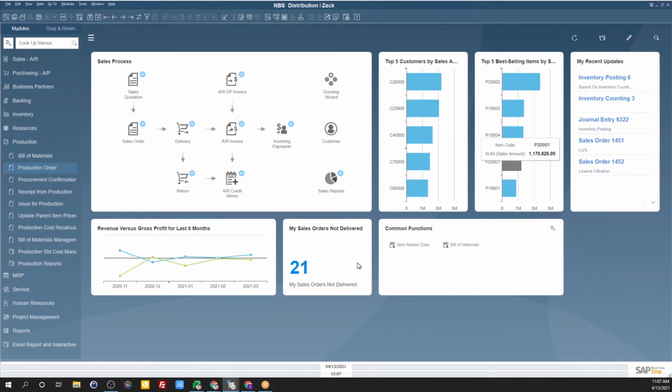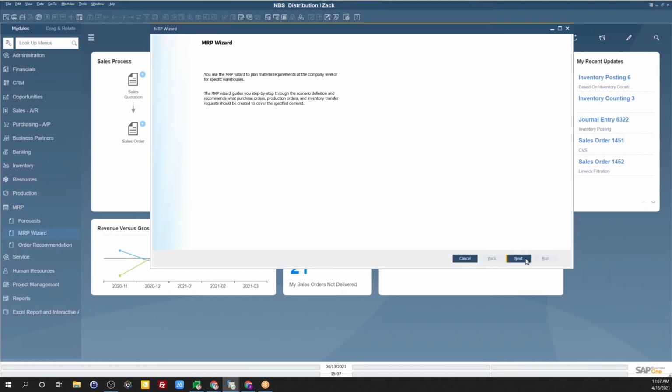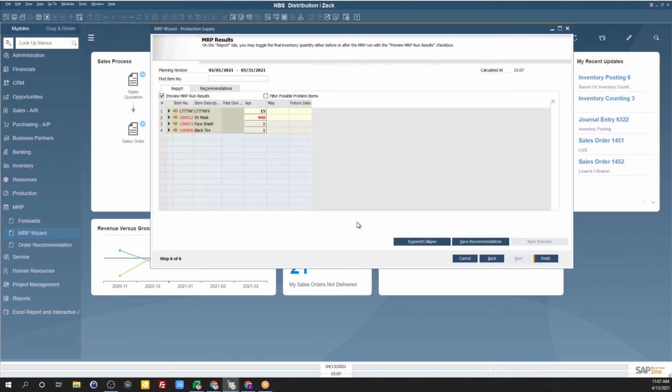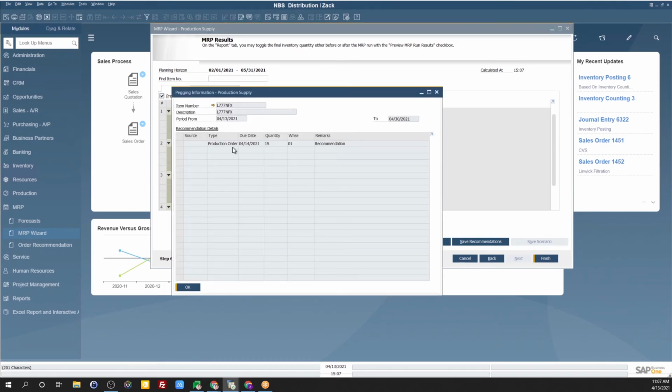requirements planning for the system. I can base that off of forecast or by specific item. I can create scenarios within the system, run the scenario, and it's going to tell me what needs to be purchased or made to avoid bottlenecks. If I expand this report, I can see the pegging information that a production order needs to be created for